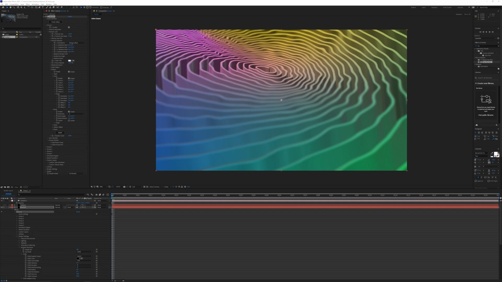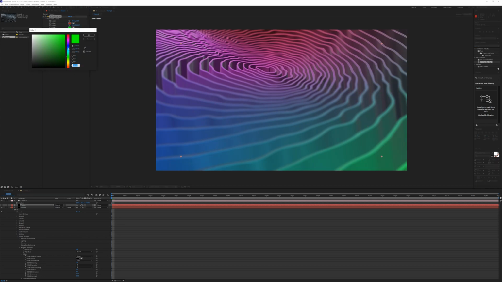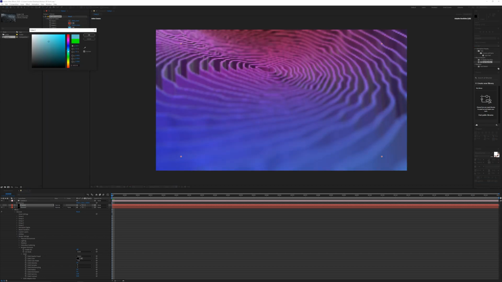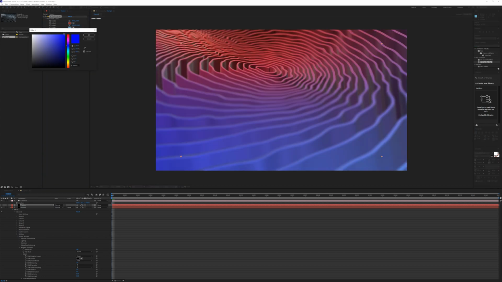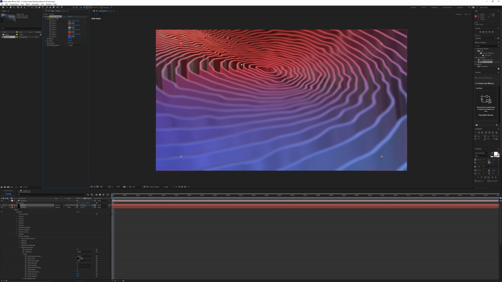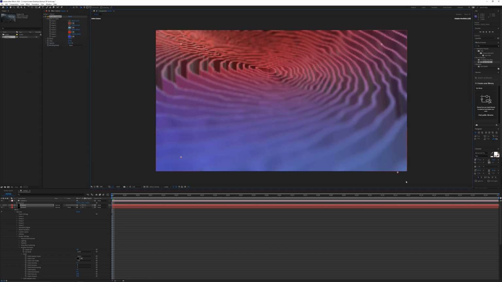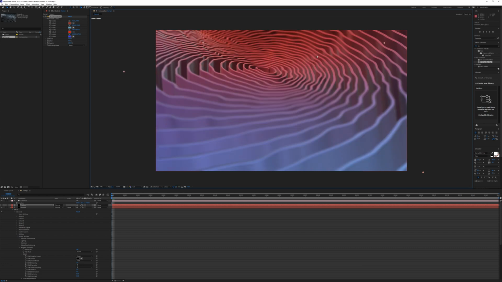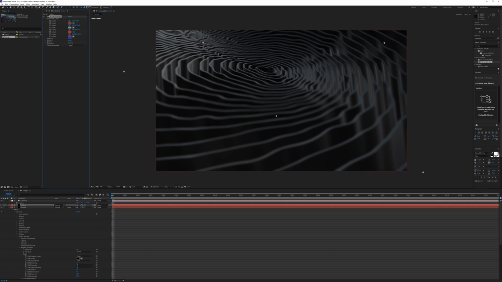If we go back to the texture layer, we can play around with the colors on the 4-color gradient, just kind of choose something that works a little bit better. Now, of course, you can do this with a regular texture too. It does not have to be a 4-color gradient, but this effect does allow you to interact with the texture by clicking and dragging these corner pins. And you can move these around and just play around with the color. I actually am going to turn this off and just keep it black and white because I think that looks a little bit more interesting for what I wanted for this background.